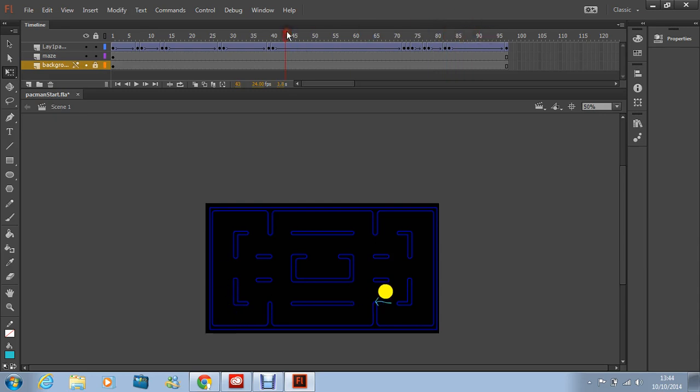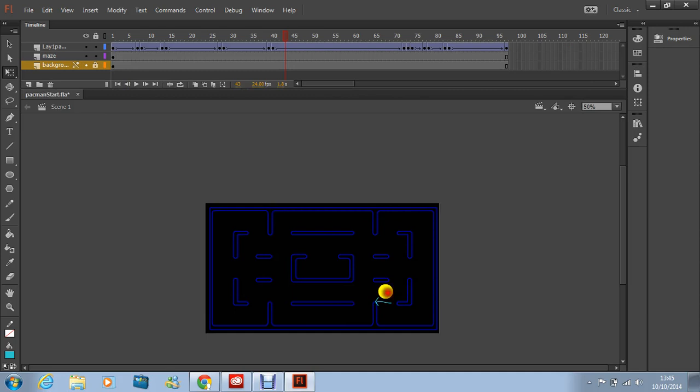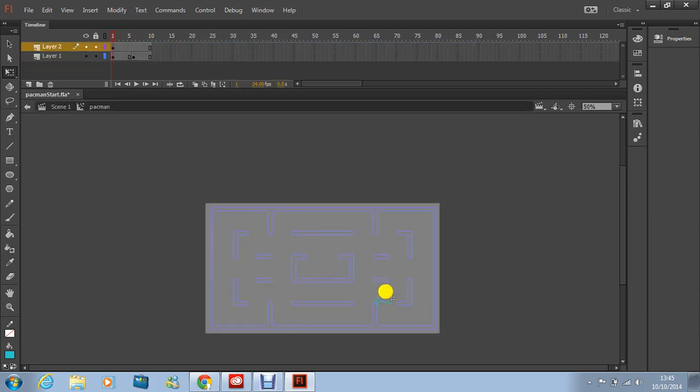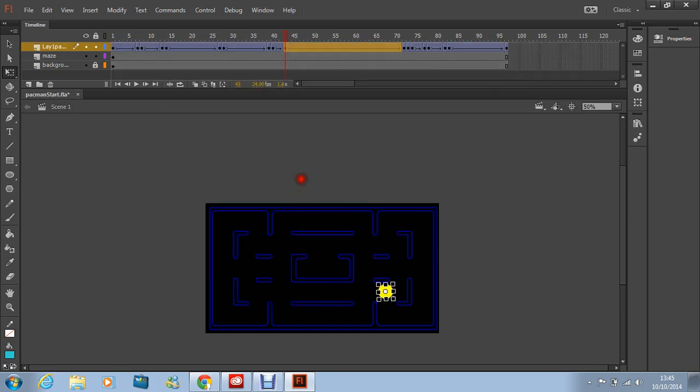So that should be working. Let's have a look. There we go. Going down, going up. Yeah, that seems to be working perfectly fine. When you're happy, you just simply double click on your Pac-Man again, select that arrow and delete it. And then hopefully you should see the Pac-Man behave like this. There it is. So what I'd like you to do is to make that work, and if you want to challenge yourself,